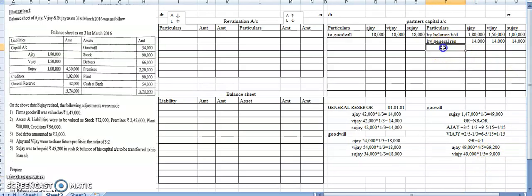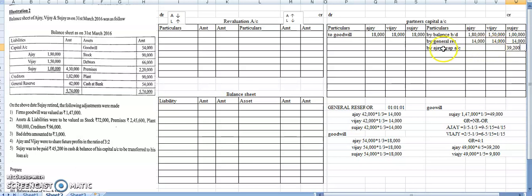Now I'll write here in the partners' capital account, credit side. It is very simple to write the goodwill which is given in adjustment. Firstly we need to write the name of the continuing partners. So by Ajay's capital account, and we need to write the amount in the retiring partner's column, that is Sujoy's. So I am writing the answer. We have already calculated 39,200. I am writing it here,